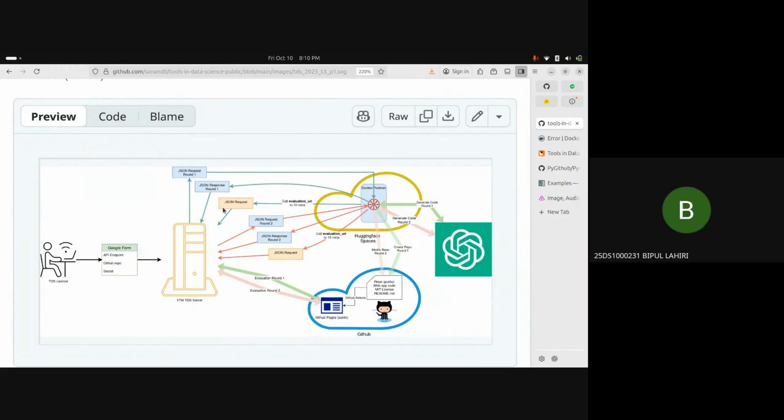So we will have to be there when you are testing actually. No, you don't have to be there. Your API will automatically send the request to the evaluation URL. So these three things which are in green,